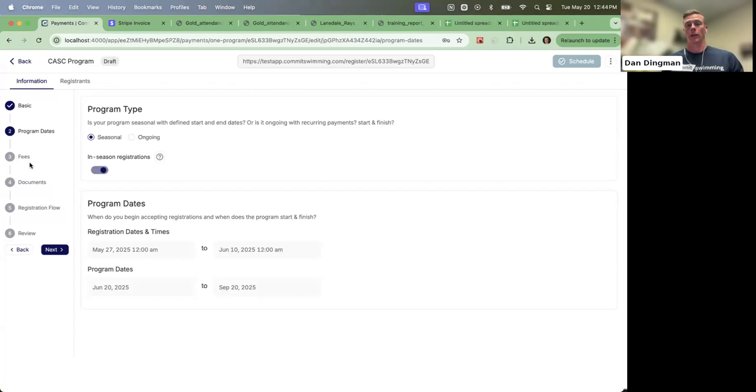And so at that point, we'd recommend making a program for each level. So you'd have level 1 lessons, level 2 lessons, level 3 lessons as programs, and then time slots within those programs as the groups. What we'll be doing is creating another level within the program where you can create a two-tiered approach. Instead of having to make separate programs, you can just do it within one program called lessons. That will be another big change, including the waitlist and caps, which altogether will make the lessons creation process much simpler within Commit.